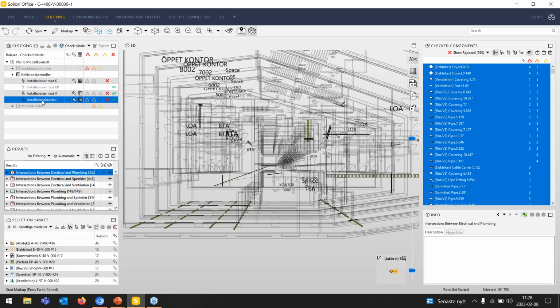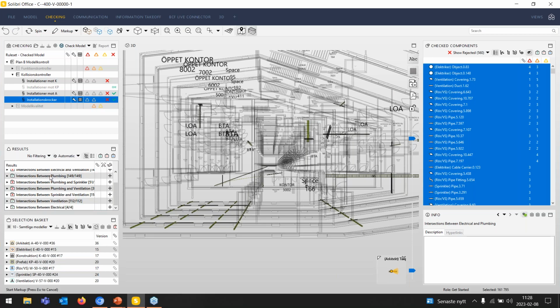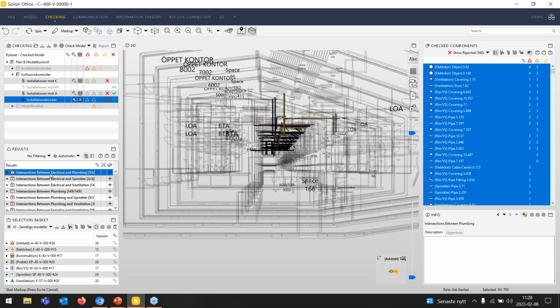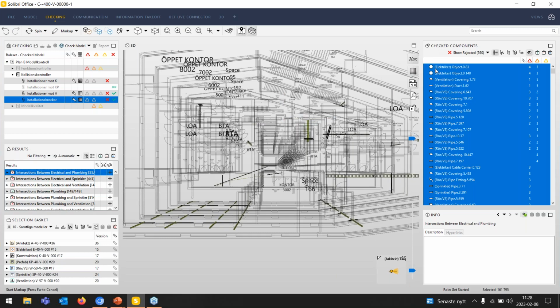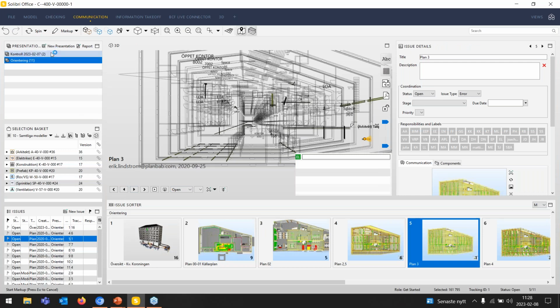I have where I run the collision control between the installation, and then I just go through all the results and validate which one is accepted and which one is rejected. And then I go to the checked components, and then I just show the ones that I think we had to look at. I put them in my selection basket, so I can go to the communication panel, communication tab,